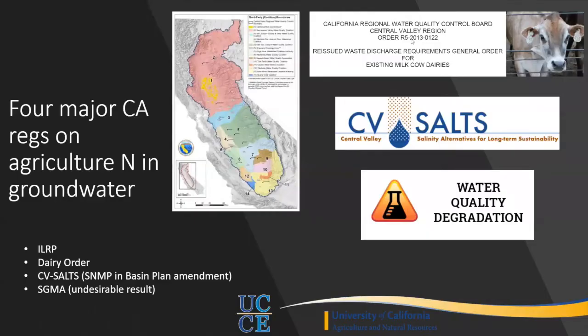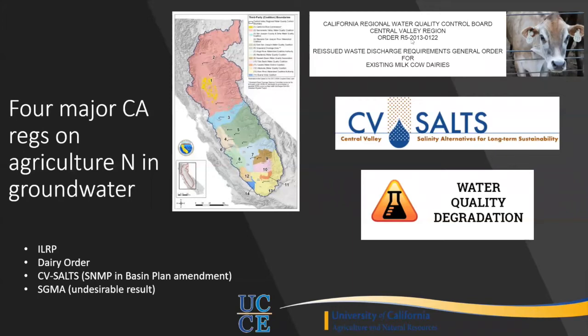And just as an example of how nitrogen is regulated in California, we can take note of 4 major California regulations on agricultural nitrogen in groundwater, many of which we're probably all familiar with. The Irrigated Lands Regulatory Program, which regulates the use of nitrogen in irrigated agriculture in California. There's the Dairy General Order, which regulates, among other things, the use of nitrogen in agricultural production systems where dairy manure is applied. The CV Salts Program, which